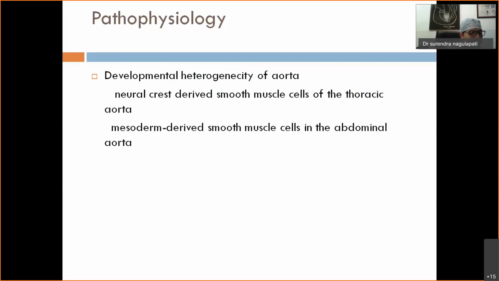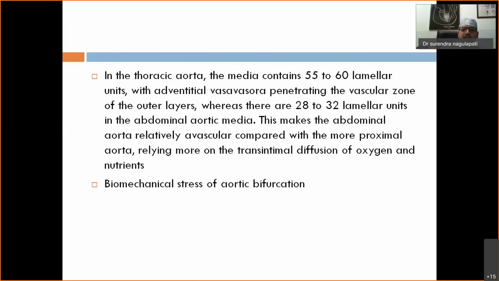This heterogeneity gives clear variation in relation to cytokine susceptibility and secretion, leading to the formation of aneurysm. This heterogeneity is also reflected in tissue characteristics of the aortic media. In the thoracic aorta, the media contains 55 to 60 lamellar units, whereas in the abdominal aorta, it is around 28 to 32 lamellar units,